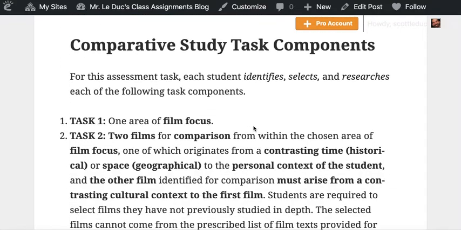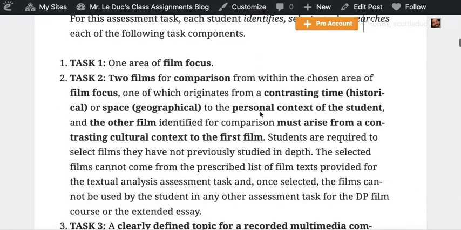So, 3 tasks. 1, film focus. We're going to talk about that down below. You pick 2 films for comparison. Just make sure that they are contrasting in time, like not during your time frame, either 20 years earlier, or at least one's not in your geographical area. It's not an American film. That's important. So you have to have one film that is outside your